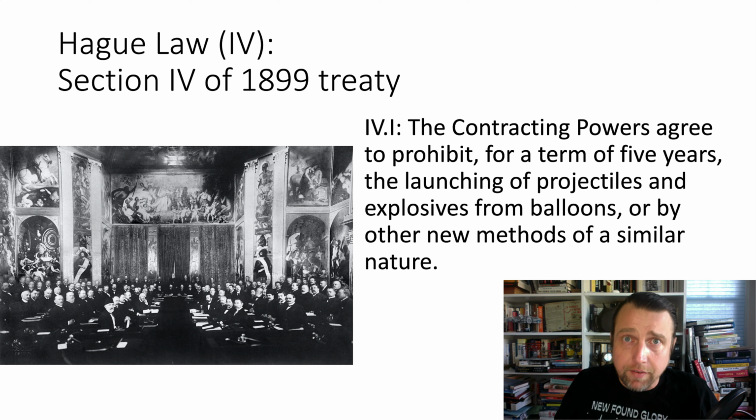The reasoning is that this new technology would allow for the targeting of civilians behind the lines, and this would tempt belligerents to attack civilians unjustly to hasten the war's end. The idea was to make this illegal. In the event, when the First World War began, and all the belligerents did this, even more so in the Second World War, it revealed that this particular part of the treaty was rather toothless and naive.